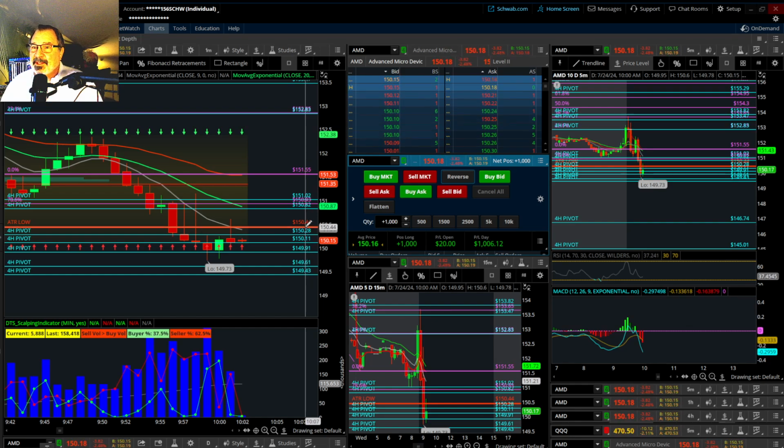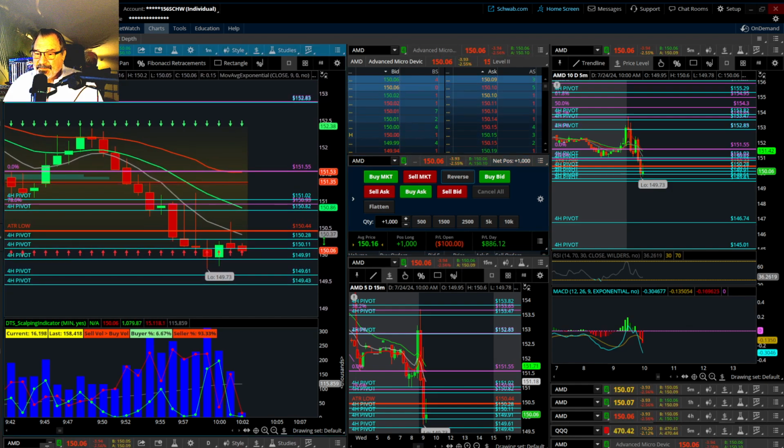All right, that's not as good as I wanted to get it at. This may turn it around. Now, this is the lower. I have a nice cushion here on my first trade. I don't know what I made, but it must have made close to $1,000 on my first trade.